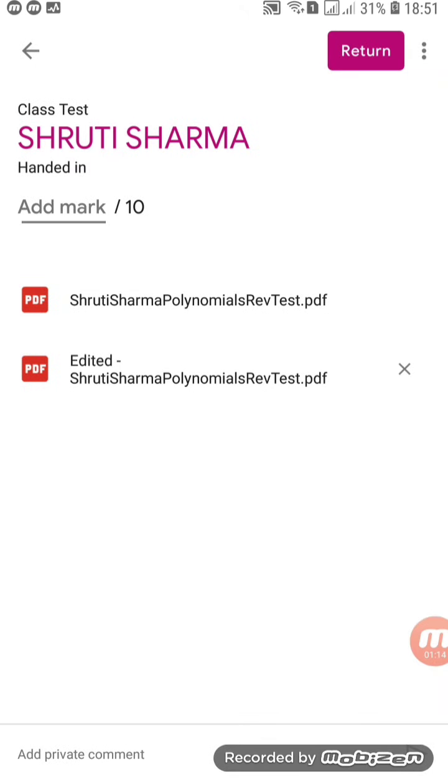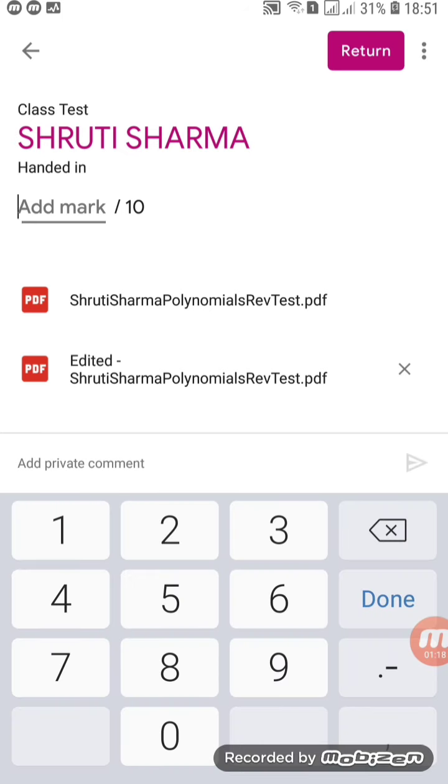We have edited the PDF file which has been sent by the student. So it says edited file of the student, and then I can write the marks. I will click upon this add mark, and once I click upon this add mark, these scores will be available to me to be written. That is, the keyboard facility will be available, and I will write 9 over there.